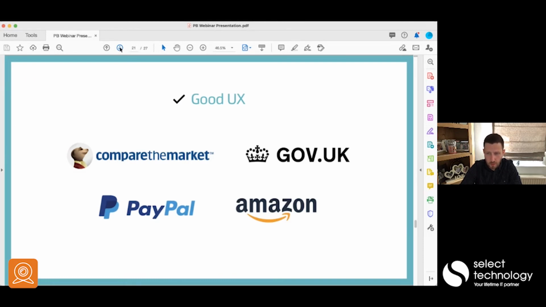Gov.uk might be a shocking one for some people when they see that, but it's not held up as this beautiful design piece, but it looks the way it looks for a very good reason, which I'll touch on later. But Gov do a good job of simplifying the message and the content to suit the people that are reading it. I don't know if you've used any of their beta services that seem to be in beta forever, but if you're buying car tax or something, they have a particular